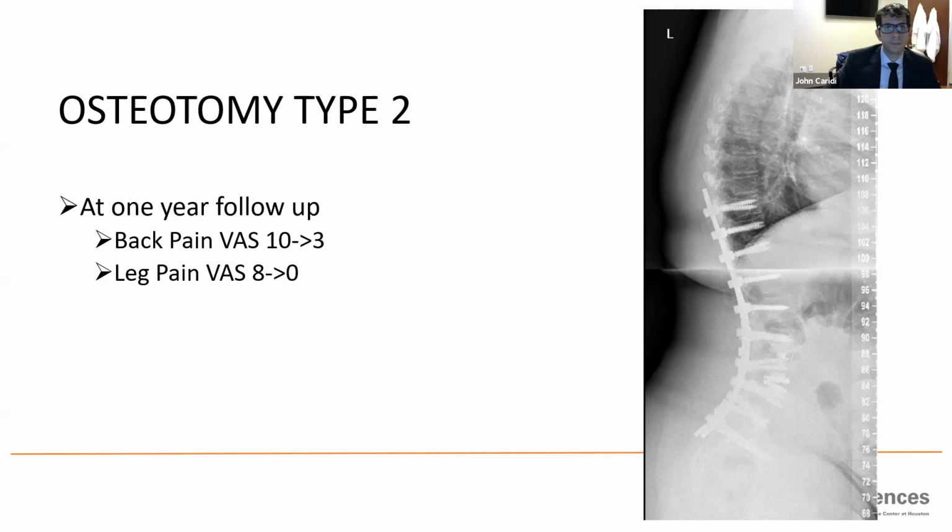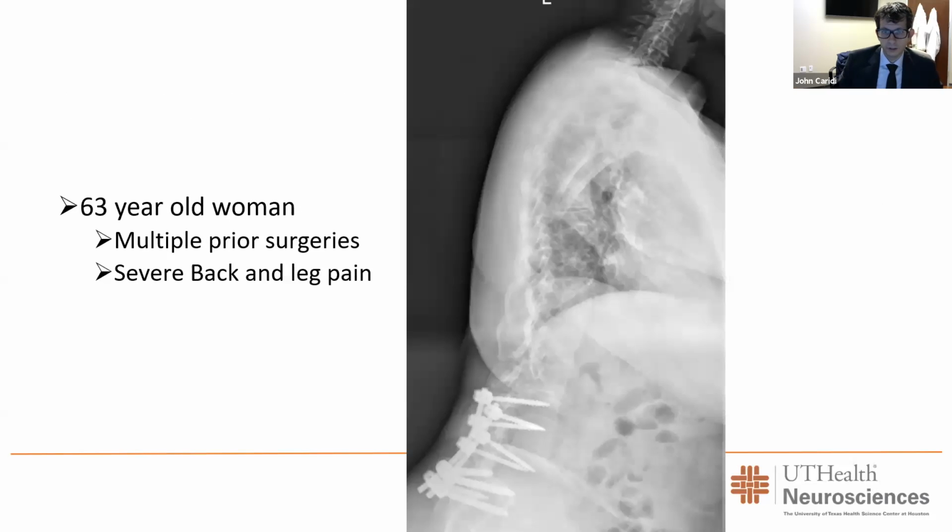All right, so another fun case. This is a 63-year-old lady who's had multiple surgeries. She's fused L3 to the pelvis. They ended up skipping her S1 screw, and these are actually 4 iliac bolts. And then this is L3, 4, and 5. Here, this is her sacral end plate. So you can see she doesn't have much lordosis.